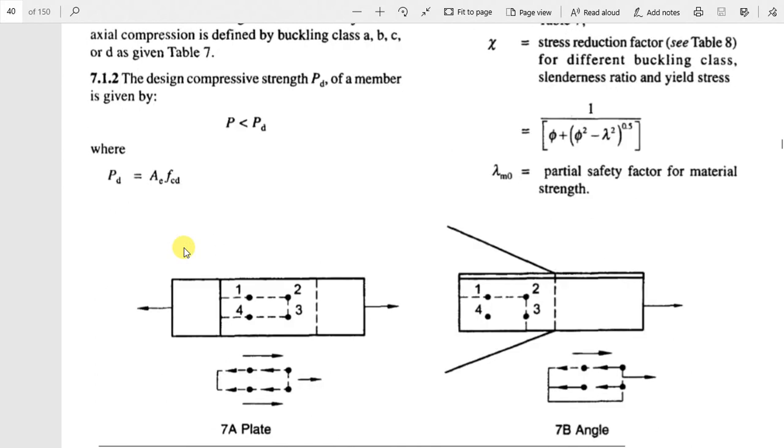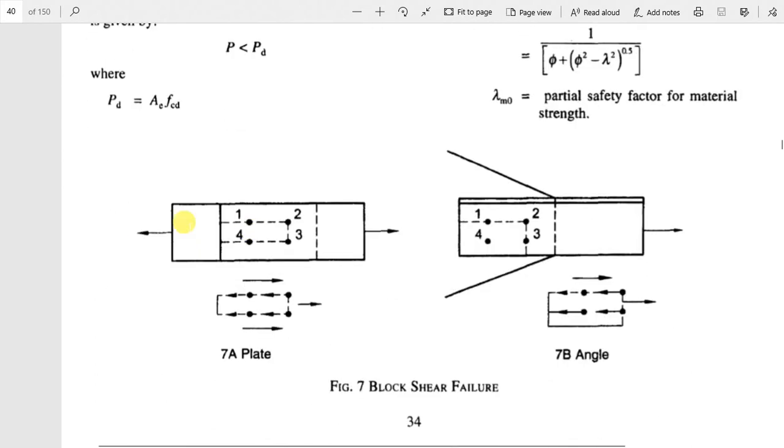You can refer to this figure over here, and this is with respect to a plate. This is how the block gets separated if plates are being used, and this is an angle here which is connected to a gusset plate. From this view you can see one angle leg, and for the other angle leg you can see only its thickness. So this will be the failure plane if I am using angles, and these two are due to shear, and this is due to tension.